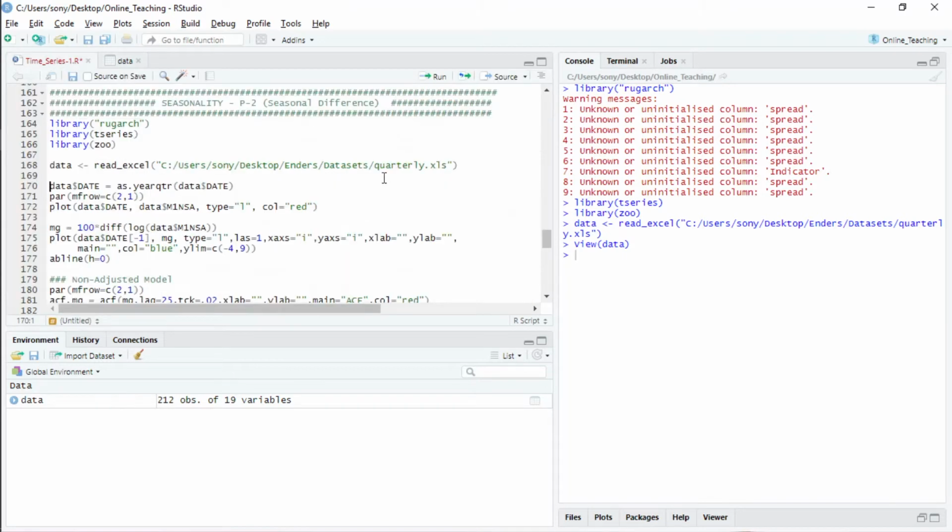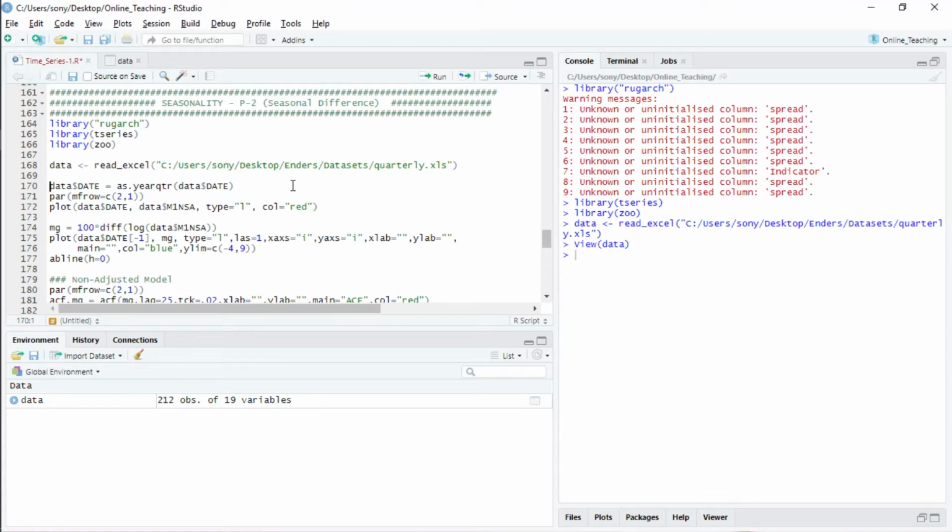Since this is time series data, after importing the data you have to inform the R package that this is either yearly, quarterly or monthly data.